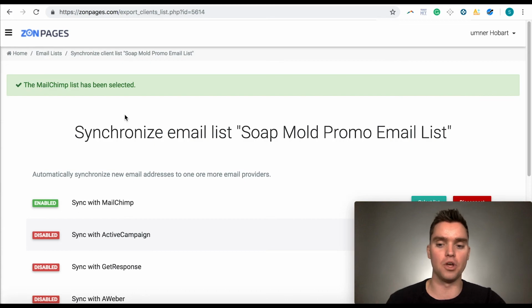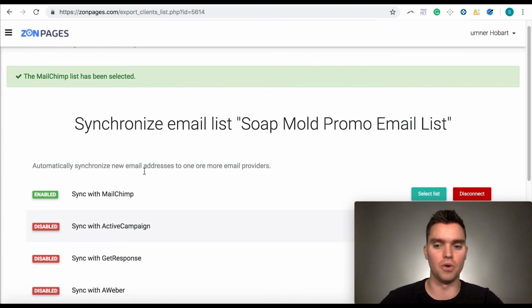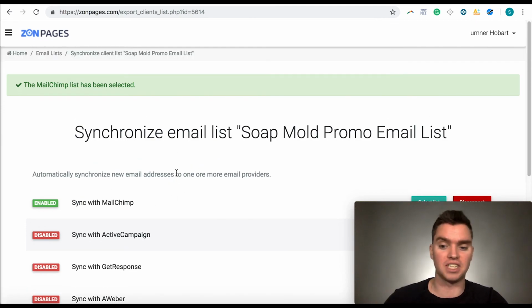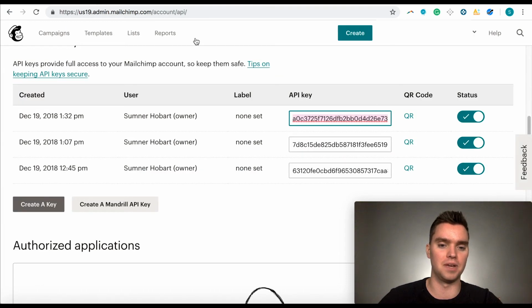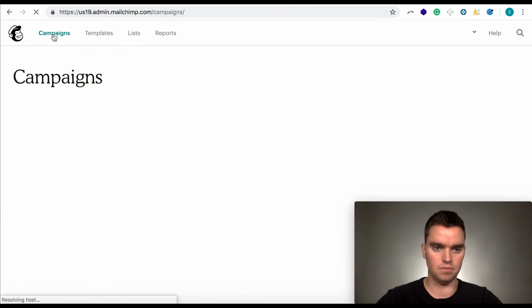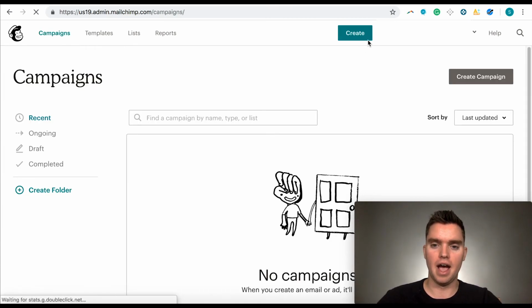And now what you want to do is set up an automatic email sequence to get them to leave an honest review. That's the next step. So now you're fully synced. Now you want to create an automatic email so that all this runs on autopilot, right? That's the ultimate goal. So go back to Mailchimp, click on Campaigns in the top left corner, and then click